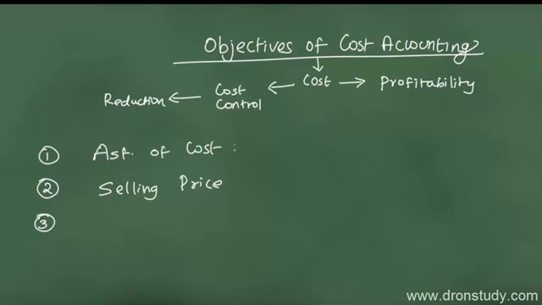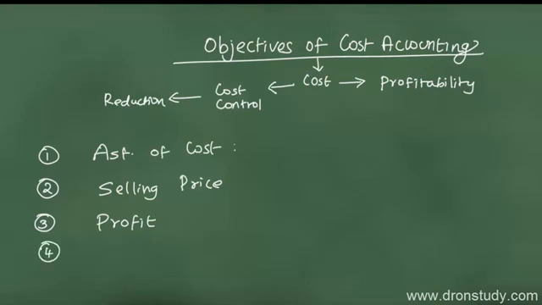Number 3, the cost accounting would help in ascertaining the profit of each and every activity. Because once you know what is your cost, you can fix a target of sales. You can fix what could be the profit you can make. So profit of each department or activity can be determined by comparing the revenue with appropriate cost. So cost accounting ensures profit measurement on an objective basis. Number 4,